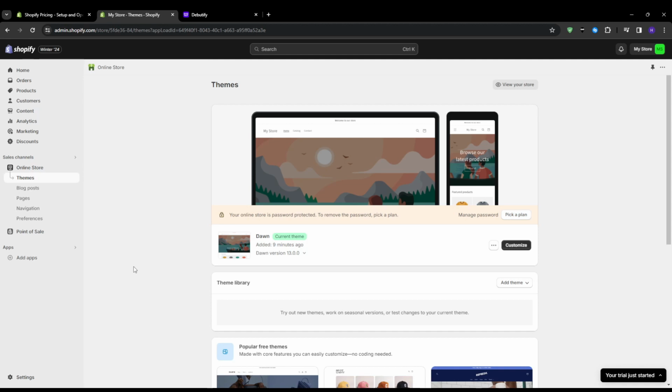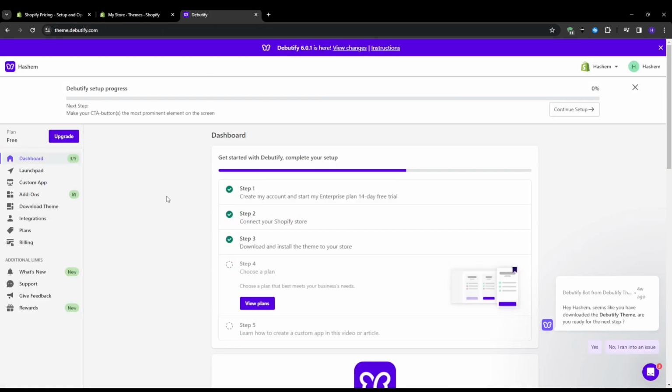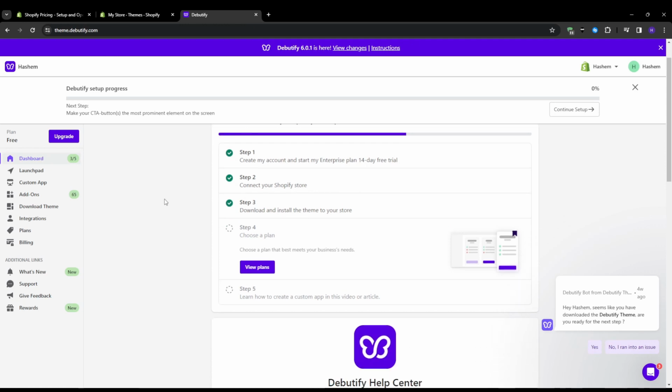Now, if you're looking for a theme that's easy to customize and optimize for conversions, then I highly recommend using The Beautify. The Beautify is a free Shopify theme that comes with a variety of pre-designed templates, customizable sections, and conversion boosting features. With The Beautify, you can create a stunning and high-converting Shopify store in minutes without any coding or design skills needed. Now note that you're not going to find The Beautify in the library of Shopify itself,